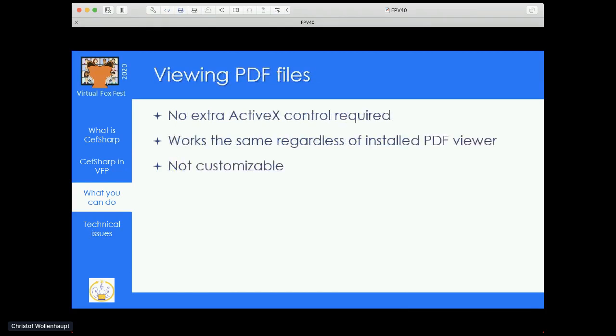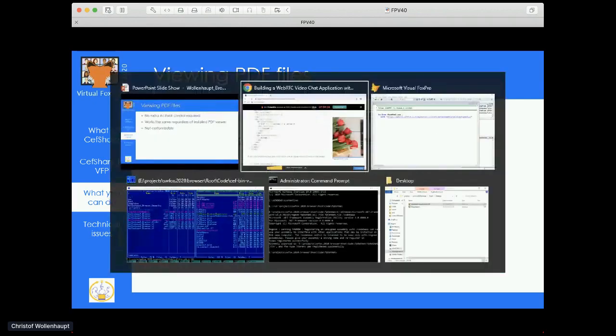Viewing PDF files. Viewing PDF files is one of those things in the application that you have to do because most printed documents are actually PDF files these days. But viewing them is often a hassle because different customers have different PDF viewers installed, and the browser behaves differently, the viewer behaves differently. Elevated applications behave differently than non-elevated applications. There are ActiveX controls, but they come at extra cost. So